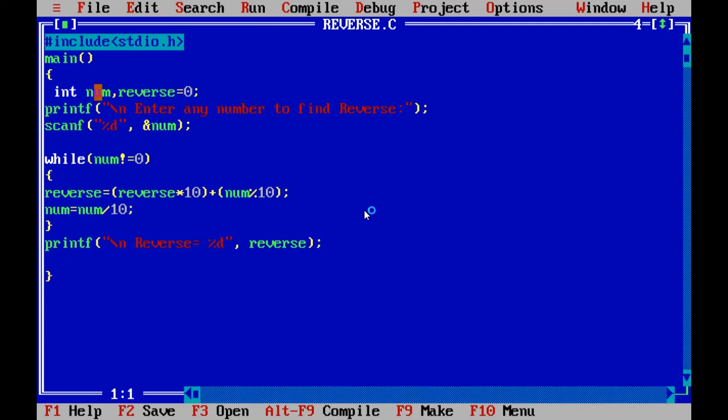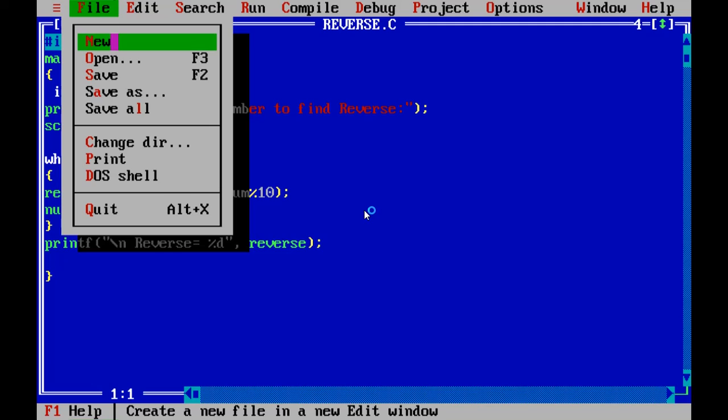Let's include main int. Okay, we will take a new file.